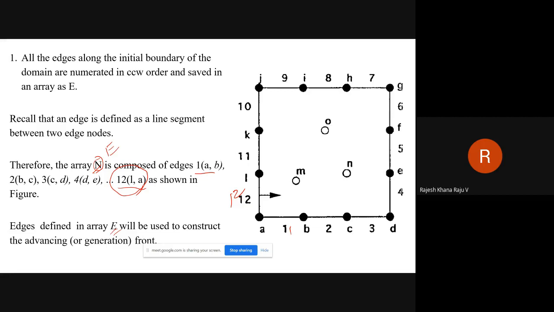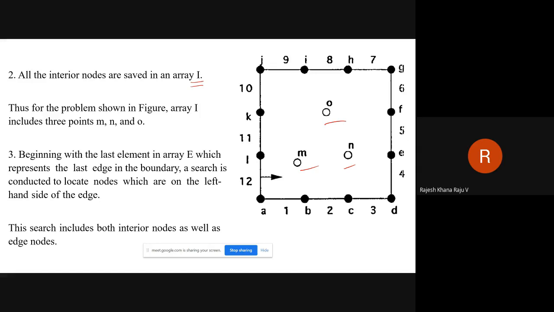So now we will try to create a triangle using the last edge of your array E. In order to create a triangle using the last entry of your array E, that is edge 12, that is L to A, we will try to see which of these nodes M, N, and O are on the left hand side of your edge LA. We'll check which of M, N, and O are on the left hand side of your edge 12, that is L to A.